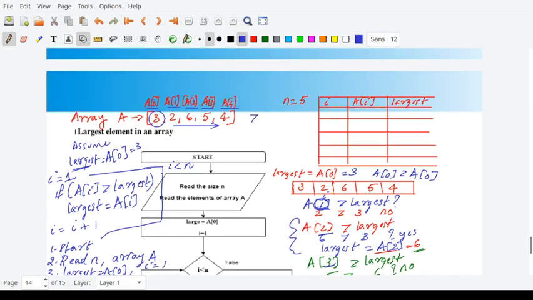We will repeat this algorithm once again here, one by one. So initially I is set to 1, largest is set to A of 0, which is equal to 3. And what you are going to do at I is equal to 1, you are comparing what? The value of A of 1 is what? A of 1 is 2, and your comparison is largest.